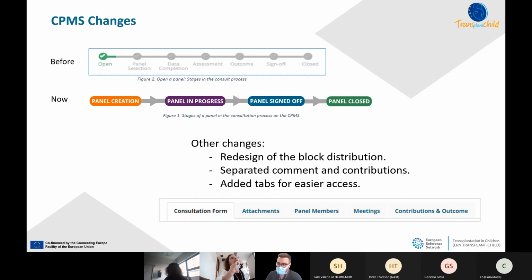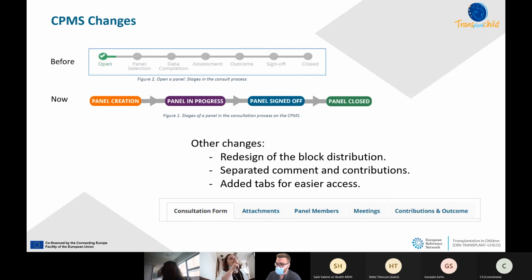Before, data completion, panel selection and assessment were separated in different steps, but now they are joined in a single step, which facilitates a more organic discussion and increases the flexibility, which gives you easier access to information,